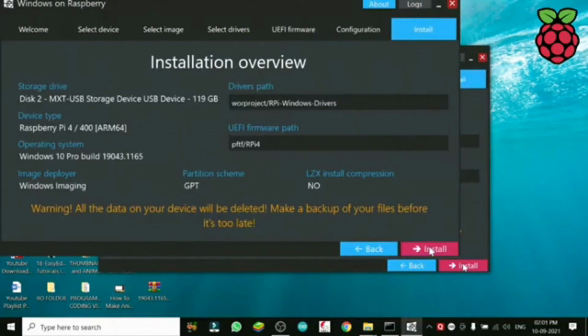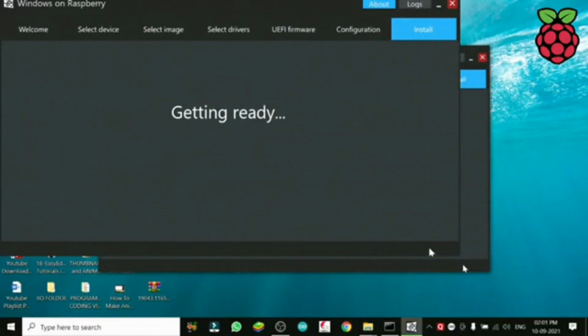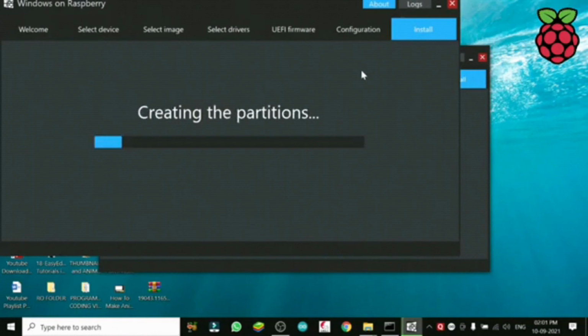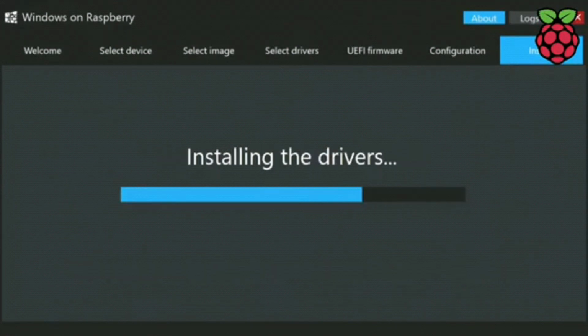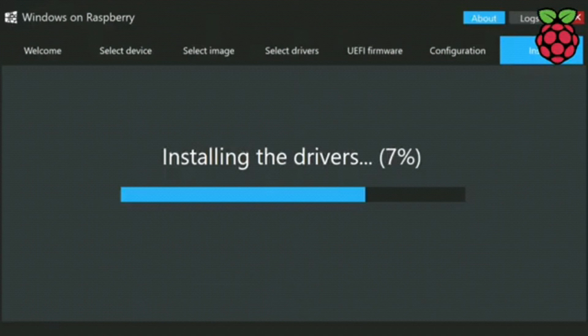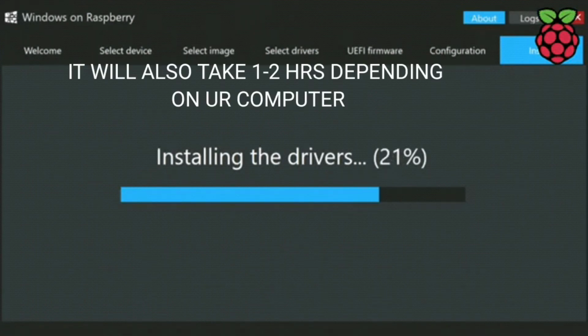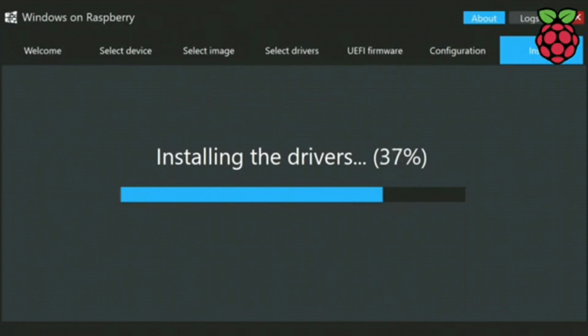Now it will start installation. See, getting ready. Remember, our card is inside the computer now, the formatted card we inserted before installing this software WOR. Everything is being written to your SD card.